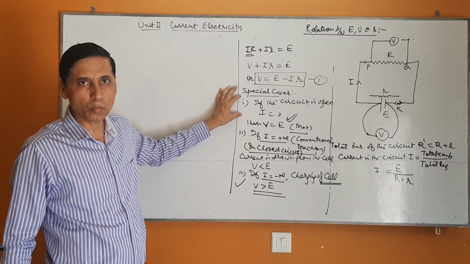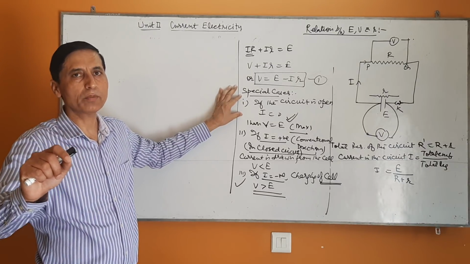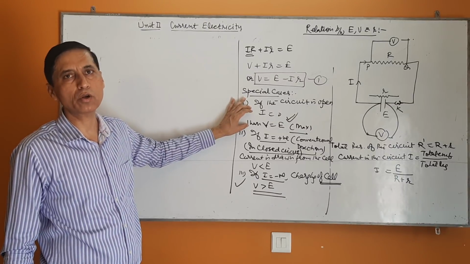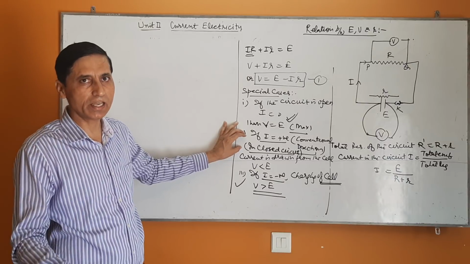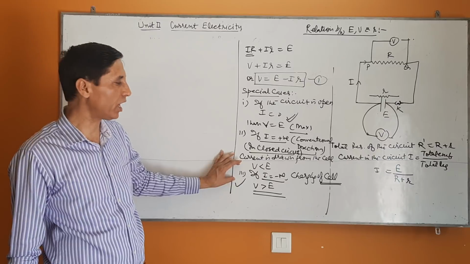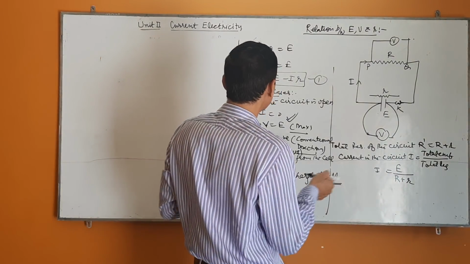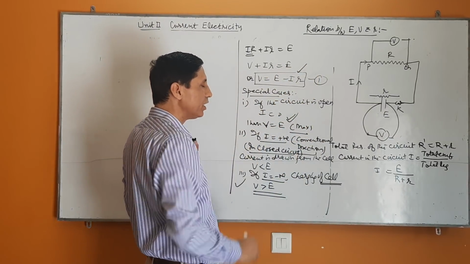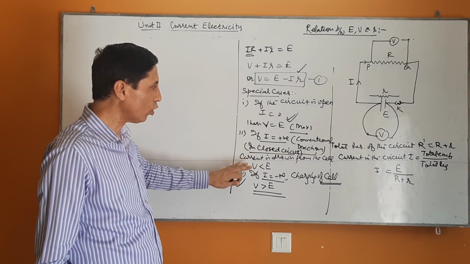So when the circuit is open, then I is equal to 0, no current, neither current is drawn from the cell nor it is given to the cell. In both the condition V is equal to E. When current is taken or drawn from the cell, then V is less than E, and when current is introduced in the cell, it gets charged. Under this condition V is greater than E. So this is a very important relation between V, E and I. So V can be equal to E, less than E or greater than E.